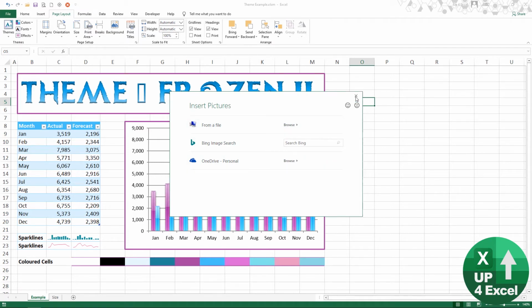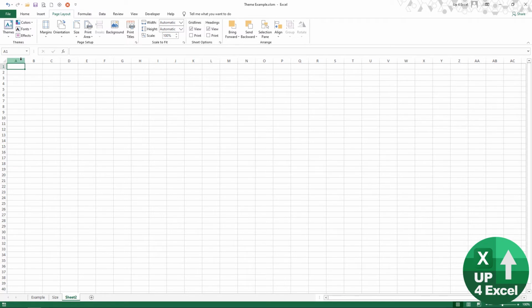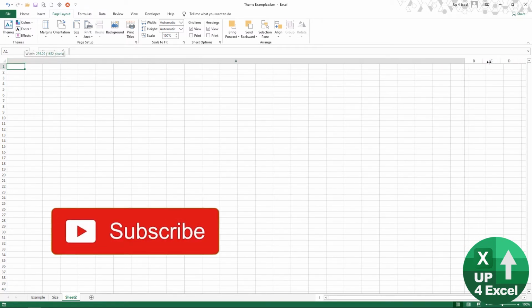Okay, now there are quite a lot of subtleties around doing this, because if you get a background picture that is the wrong size, it can look pretty awful if there's too much going on, if it's the wrong color. So these are my tips on finding the ideal background picture to go with your Frozen 2 theme. Tip 1, find your screen size. If you open a brand new sheet and you widen the column as far as you can widen it